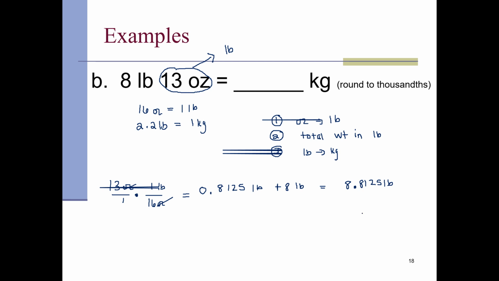I'm supposed to get to kilograms, so I'm going to put this over 1 so that it is a fraction. The conversion that I'm memorizing, I'll put a dot for multiply, I'll put my fraction bar, is that there are 2.2 pounds, so that goes on the bottom to cancel, for every 1 kilogram. And again, I'll multiply, and in this case, multiplying straight across, then my only math is to divide. So on my calculator, I'm typing in 8.8125 pounds, and I'm dividing by 2.2, and I get an answer of